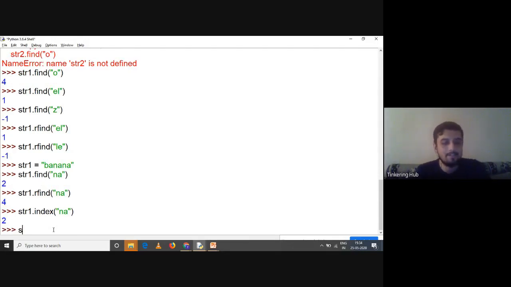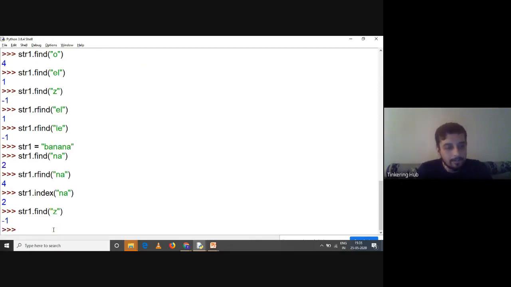But understand this, when I use find, and if a particular letter is not present, as I've already told you, it is giving me -1. But with index, this is something different. When I use index and if a particular letter or substring is not present, index is going to give me an error.